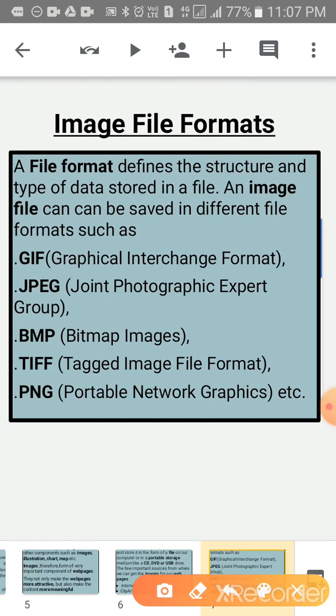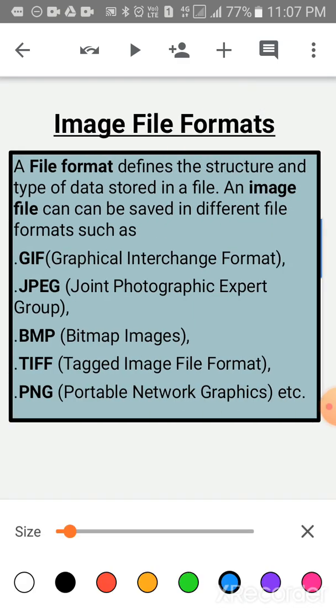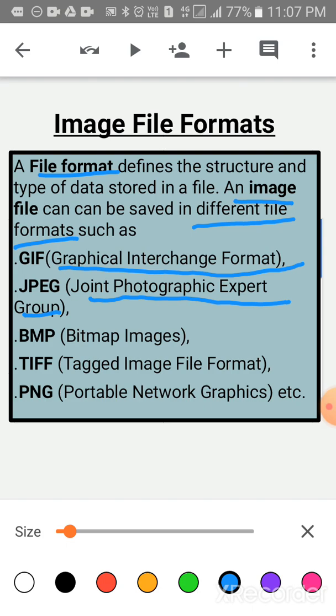Now children, image file format. What is the format of an image file? A file format defines the structure and type of data stored in a file. An image file can be saved in different file formats such as .gif, meaning graphical interchange format, or .jpeg, meaning joint photographic experts group.